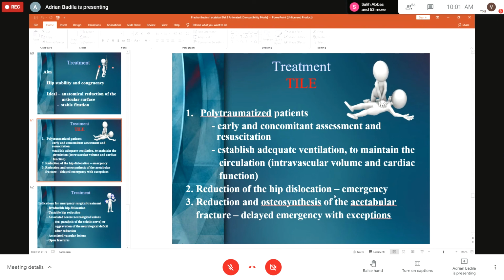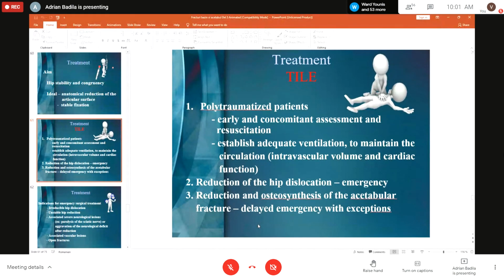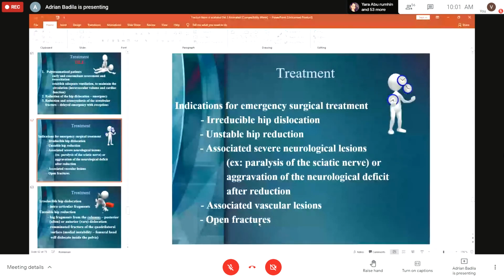Reduction of the hip dislocation in emergency. That means in the first 6 to 12 hours after trauma. And reduction and osteosynthesis of the acetabular fracture, which is delayed emergency. Delayed emergency means that it must be treated as soon as possible. There are a number of exceptions, and the indications for emergency surgical treatment for a fracture of the acetabulum are